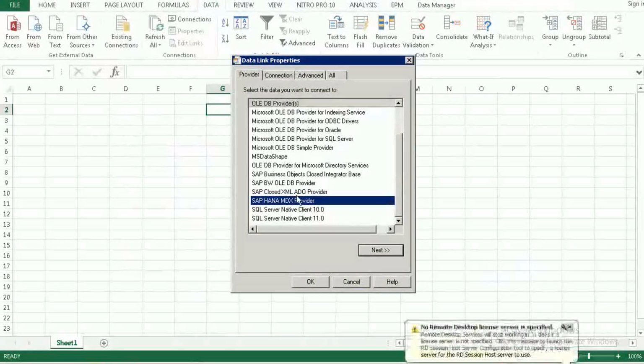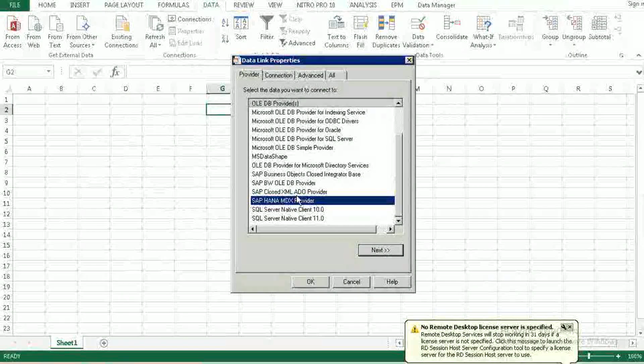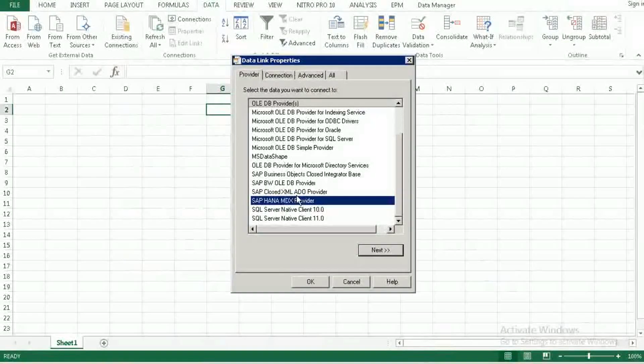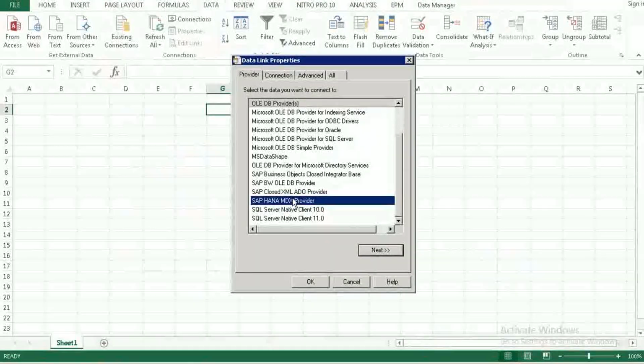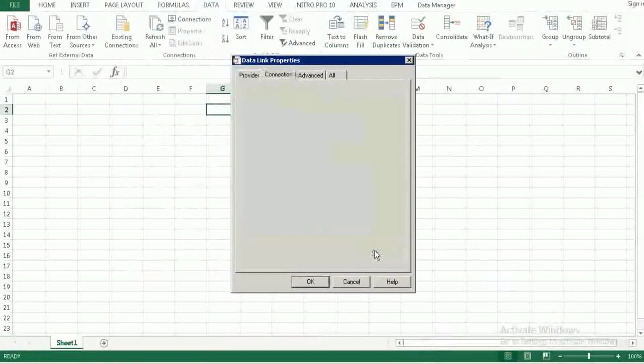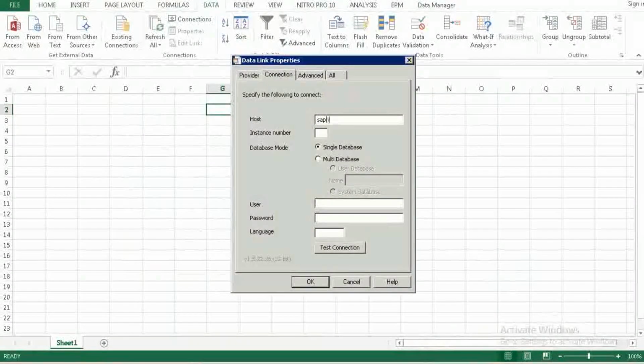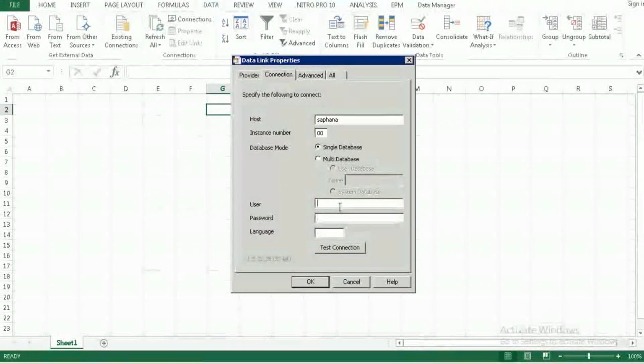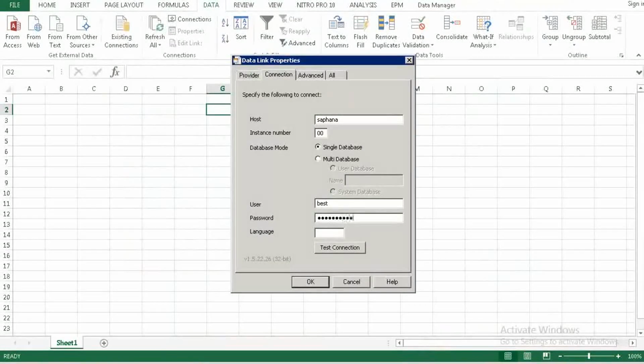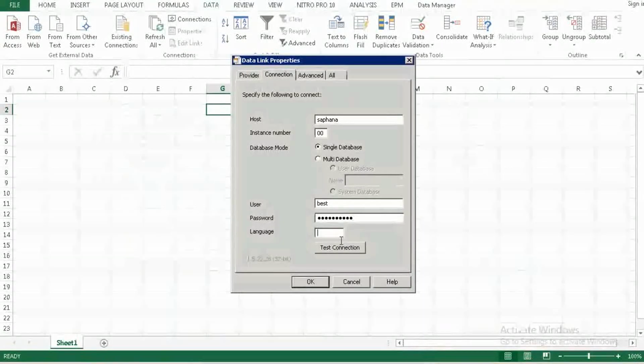So who is providing this driver? This driver is provided by Simba Technologies. The provider of this driver is Simba Technology. So let us click next, provide the host name, instance number, username, provide the language,